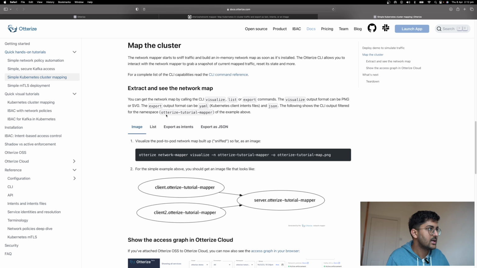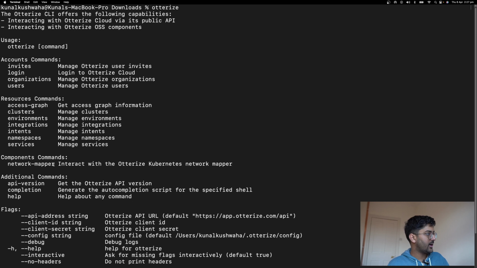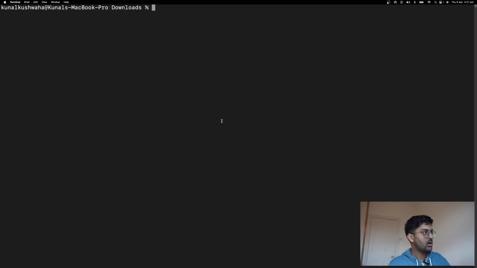All right, so now that we have it installed, we can go to authorize. You can see here you have a bunch of options. So let's say we want to get the mappers. I can say authorize network mapper, and you can get it in a bunch of ways. So let's say you want to get an image. So I can say